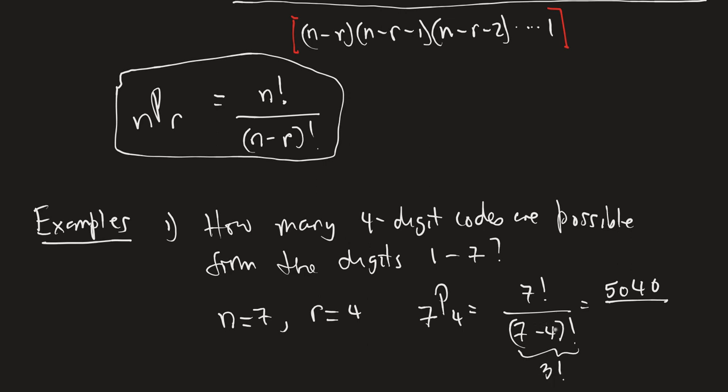Now 3 factorial is small enough that you can compute it mentally. It's 3 times 2 times 1, so that's 6. So if I do my 5040 divided by 6, I'm going to end up with 840. So what this tells me is, if your combination allows for digits 1 through 7, and you have to use 4 digits in your code, there are 840 different